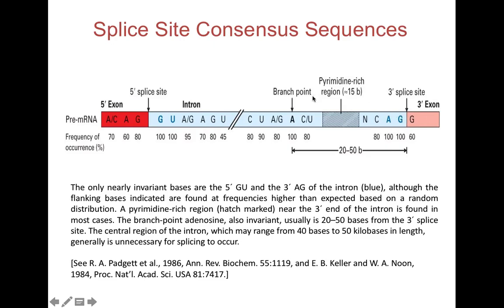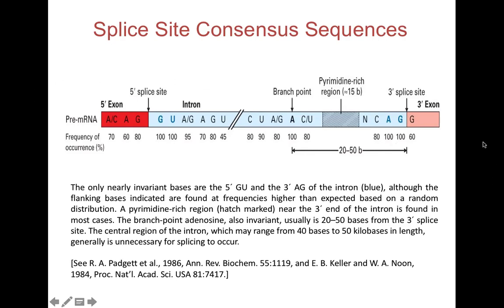Another invariant here is the branch point. This is always an A, an adenine, and this adenine or this branch point is generally 20 to 50 bases upstream from the 3' end. And upstream from the 3' end, we also have a pyrimidine rich region, which is roughly 15 bases in length. We will talk about the function of these different regions later, but the presence of the GU and AG site at both ends of the intron and this branch point in the middle and the pyrimidine rich region, all of them help